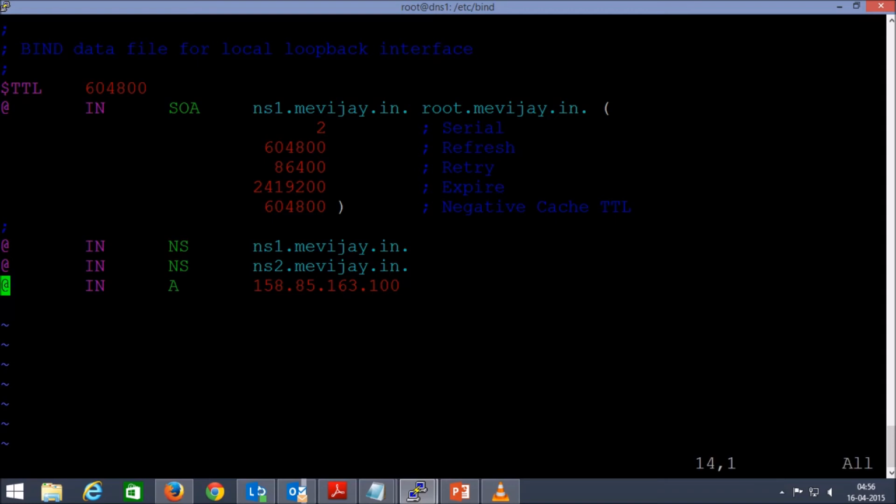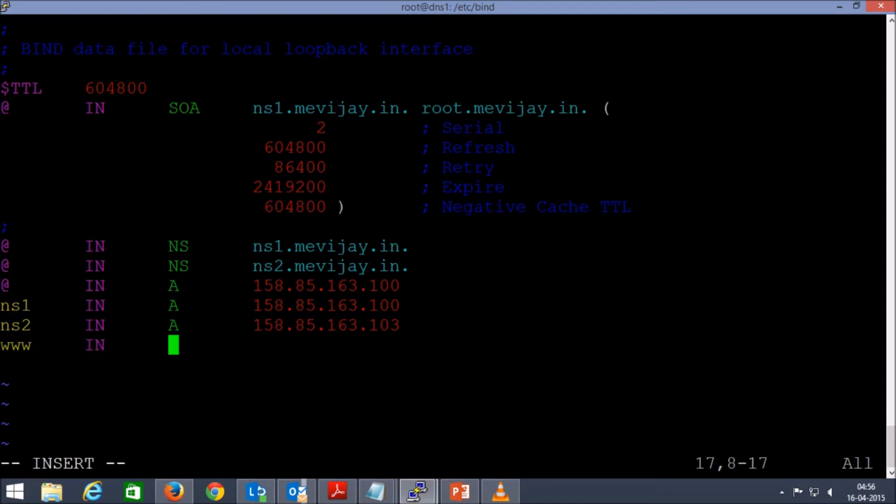So I'll just copy, and for ns1, the @ symbol represents the default zone, and ns2 will point to another server, which is 103. All right, so now I need to create a CNAME record, www. It depends, you can create it or you cannot.